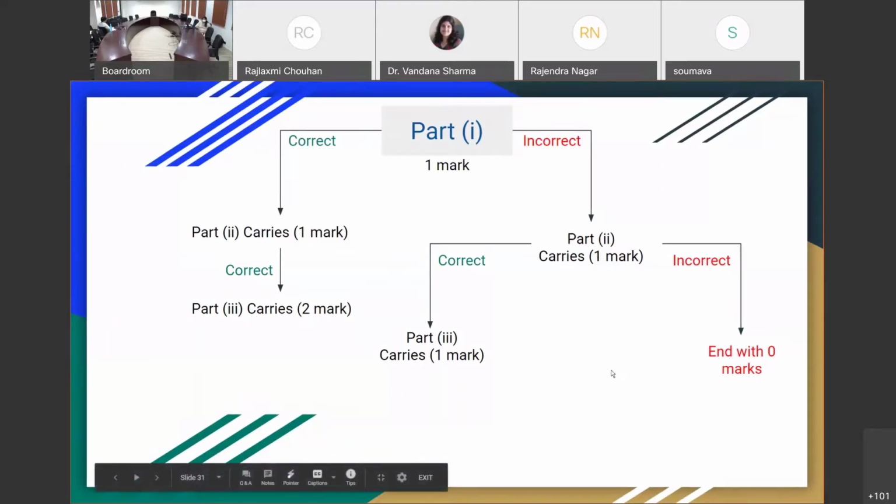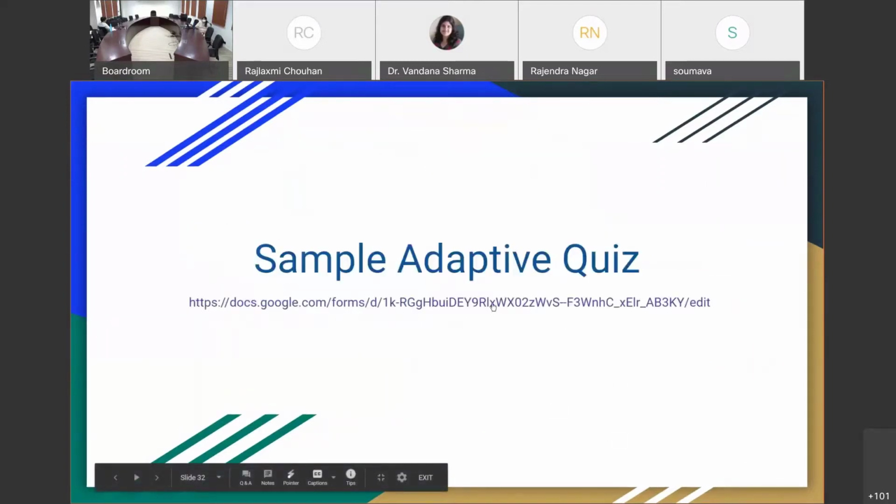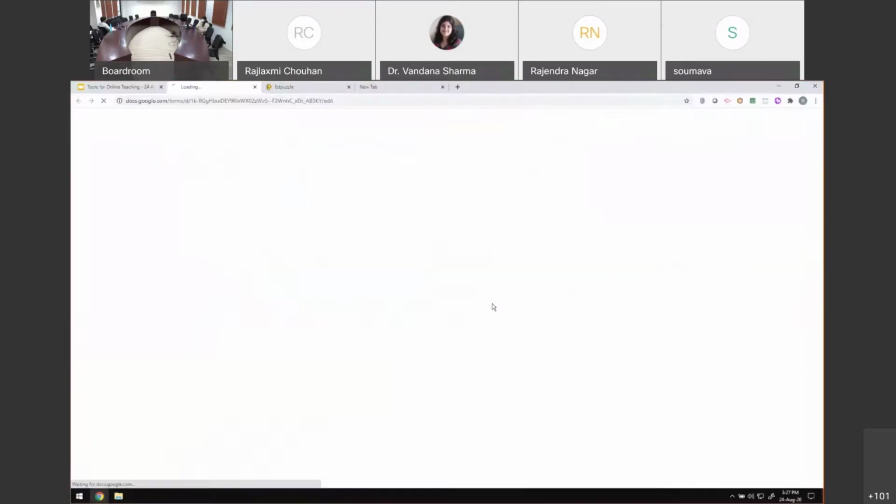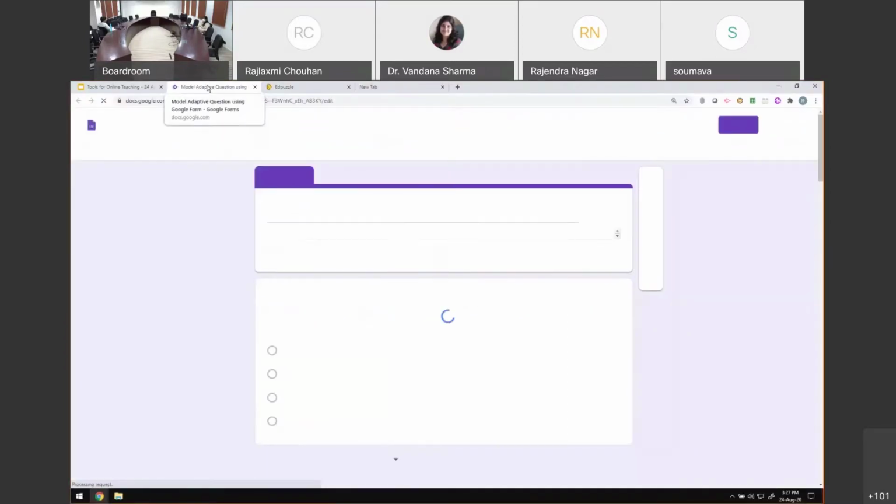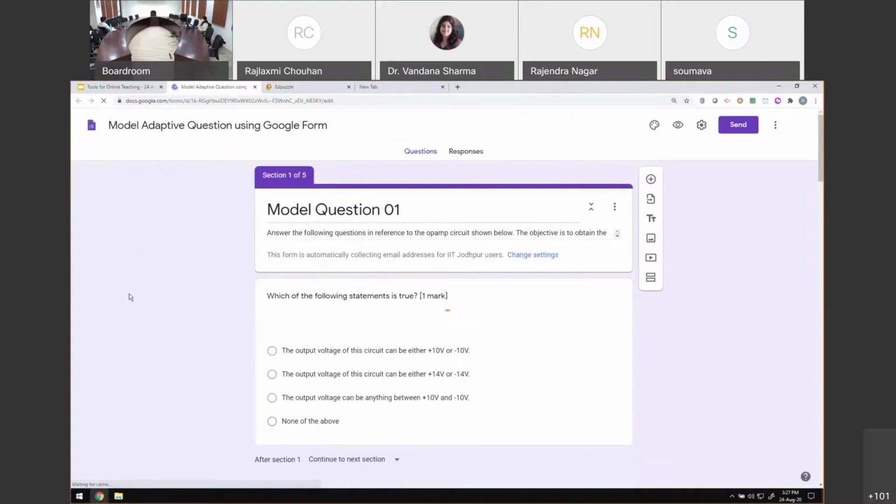So I go to a model question. Okay. And this is where we can make use of radio buttons. I'm still using radio buttons. That means it is still multiple choice questions, but I will be making use of this option.